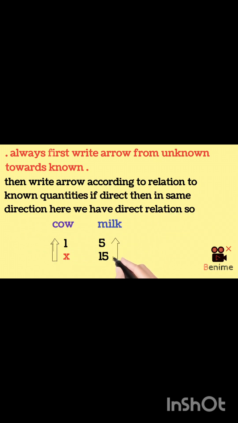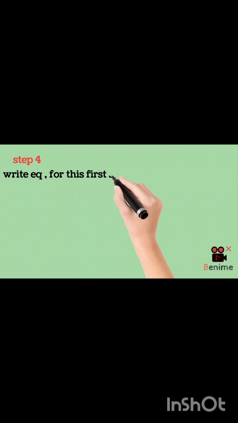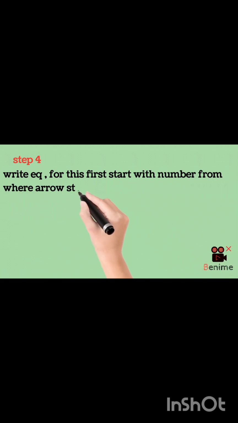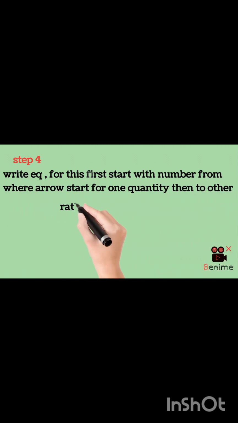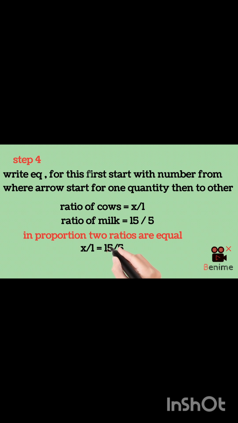In step 4, we write all quantities in their ratios. For this purpose, always write the number which is at the start of the arrow upside and the one which is at the head of the arrow downside in the ratio. As I have written x by 1 because x is at the start of the arrow and 1 is placed at the arrow's head. By equating both ratios, we have x by 1 equals 15 by 5, which on division gives